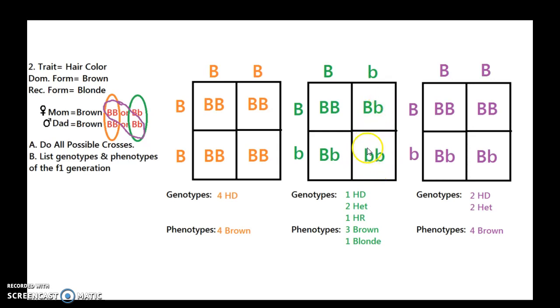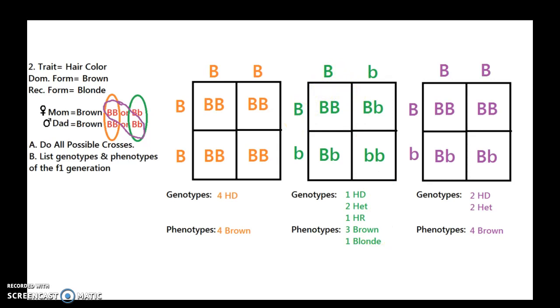And this square here, since it's homozygous recessive, there is no dominant gene to mask our recessive. So this genotype here will actually be able to show the recessive phenotype of having blonde hair. So there's only a 25% chance, if this is mom and this is dad, that the child could